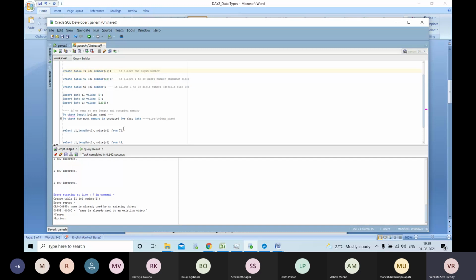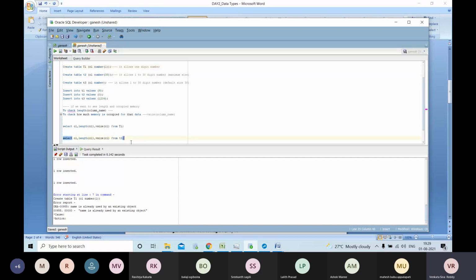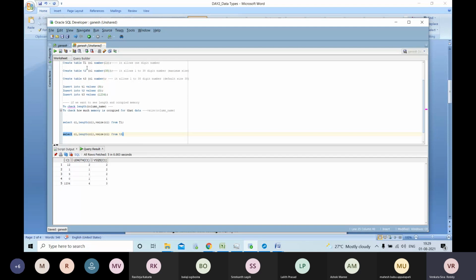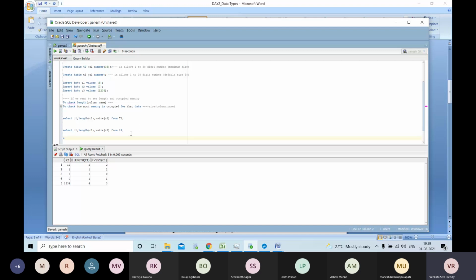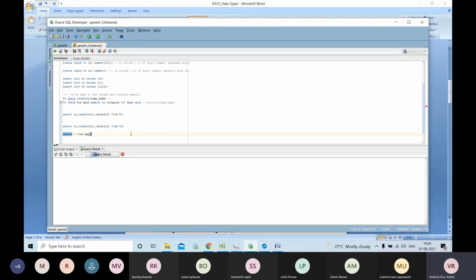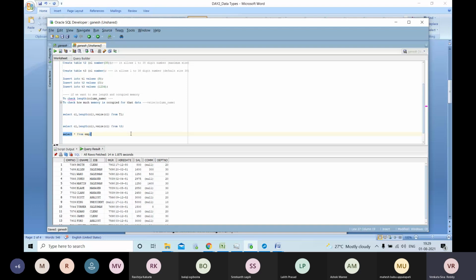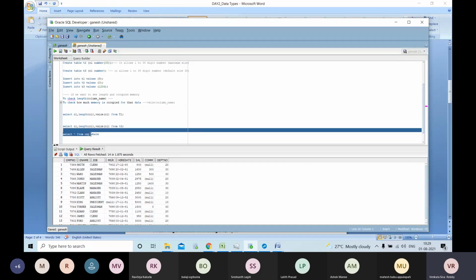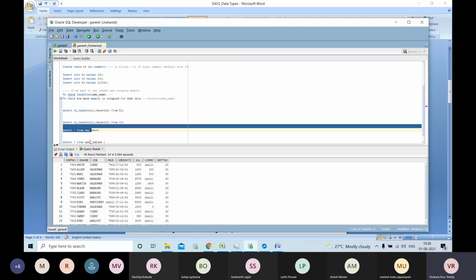Data, in the sense, now select star from the table we have, right? While dealing with data types we will see more, otherwise we can deal with the EMP table. Yesterday we created some table, right? Select star from EMP. Now I'm going to retrieve the data. So where is the key clause to filter the data from the table? If you write select star from EMP, it will retrieve the entire data from the table.